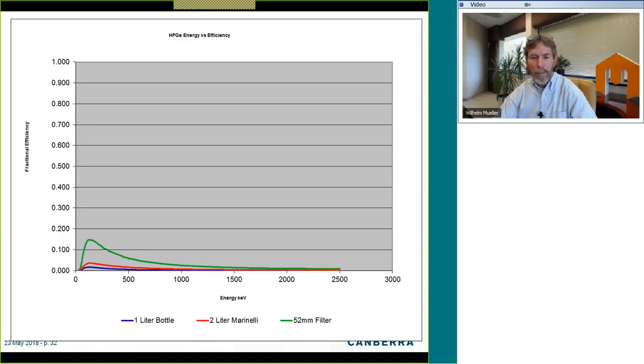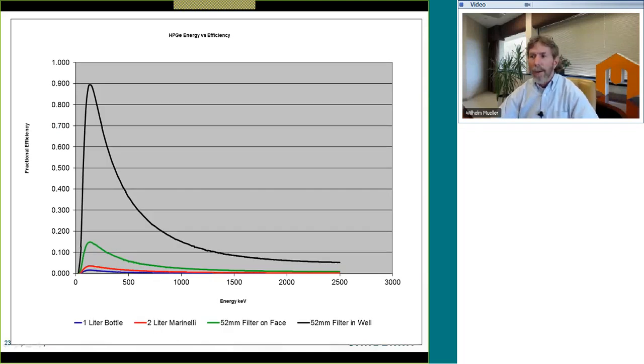So this is the same scale you saw just a moment ago with the 1-liter bottle, the 2-liter Marinelli, and the 52-millimeter filter, except that the vertical axis is now up to 100% maximum efficiency. Why did I do that? So that I could show you this next slide. You can see here, Will, if you please,